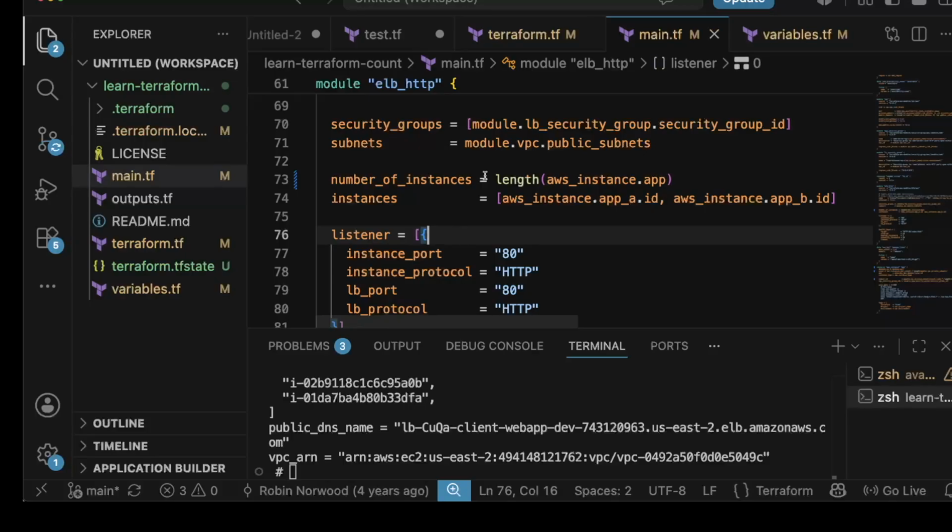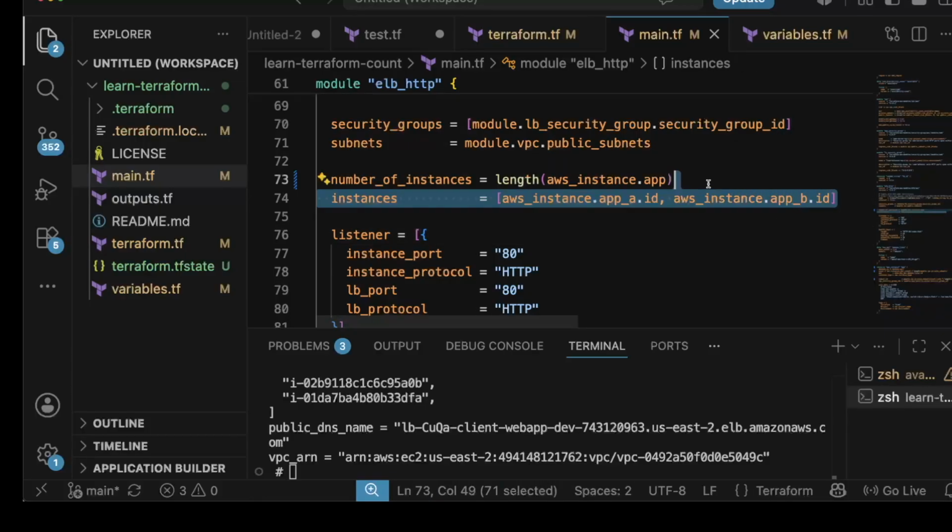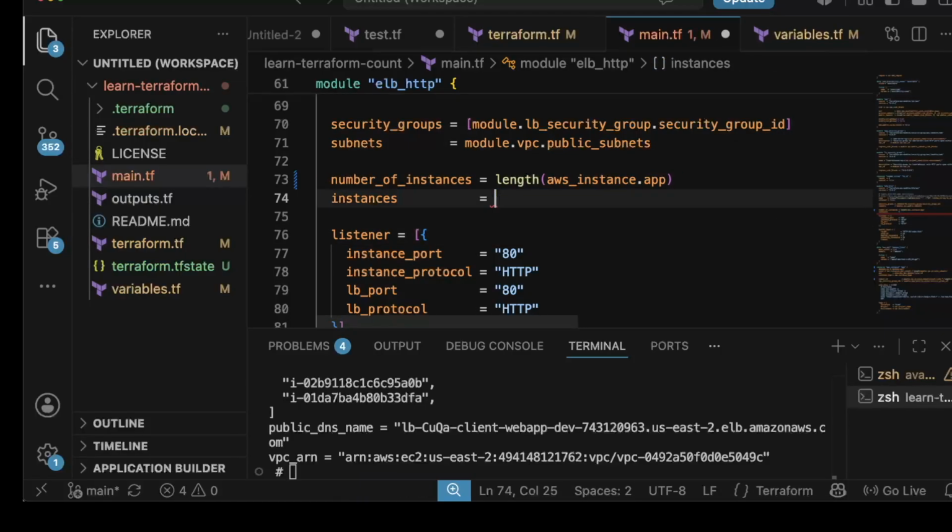That will be 2. Number of instances will be 4 actually, length of 8, because there will be 4 instances that will be completely created, and for the actual instances I remember I have used the star before. So if it is the aws_instance.app, and then you can use your star